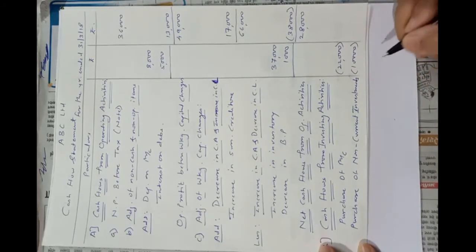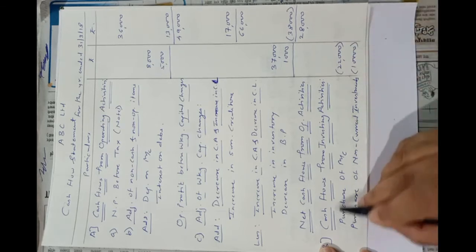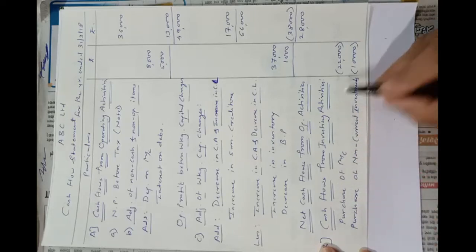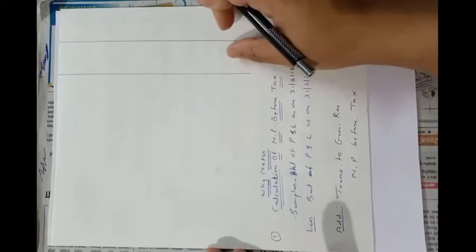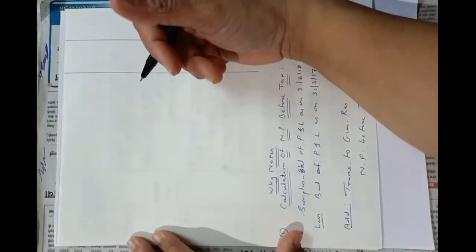And now the total of these amounts, there are only two transactions, so the total is 32,000. Negative 32,000 will be the final answer of cash flows used in investing activities. I will write it here. 22,000 plus 10,000, that is 32,000 negative,